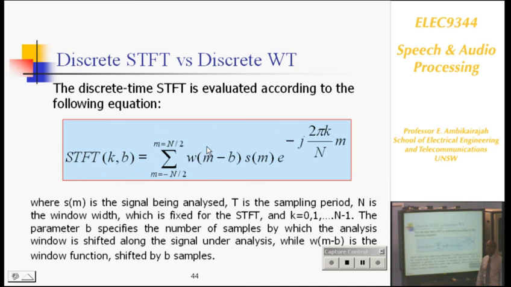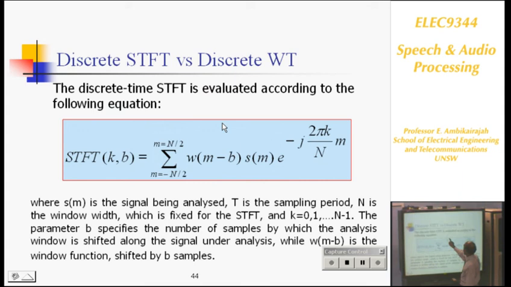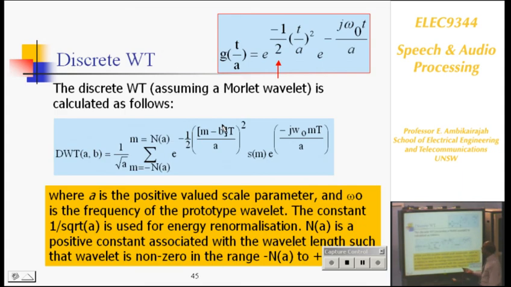So let's look at the discrete wavelet transform, right? Versus the short-time Fourier transform, we know this is your short-time Fourier transform. I have already given it to you earlier. So how does a discrete wavelet transform look? It will be like this with a small change. The equation is exactly the same as that. Now A comes into play. You're dividing by a factor, and that factor is inversely proportional to frequency. So here it is. The constant 1 over square root of A is used for energy normalization. That's this one, sorry. Because you have to use that constant, because for a